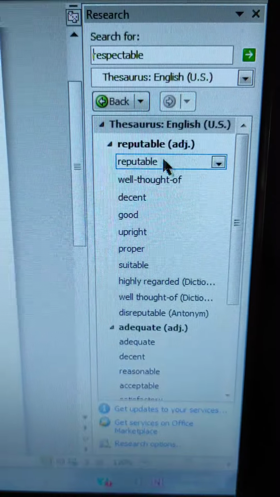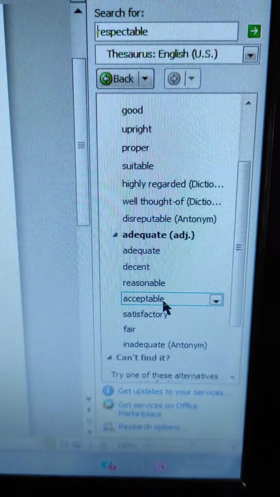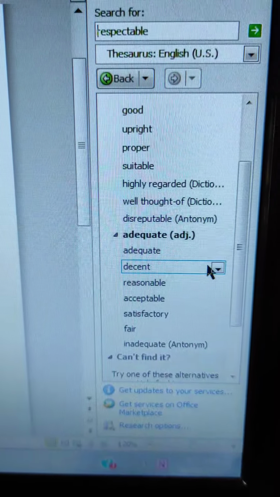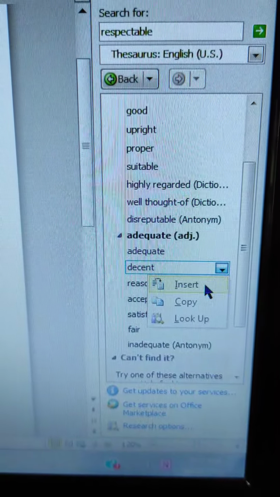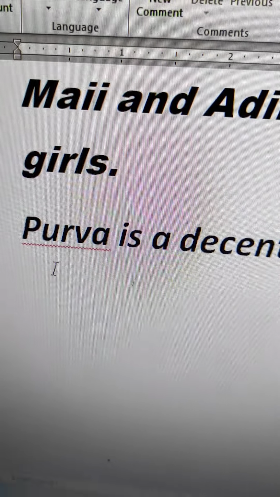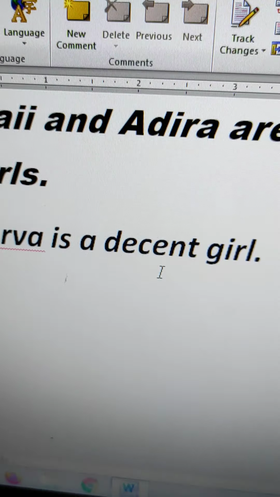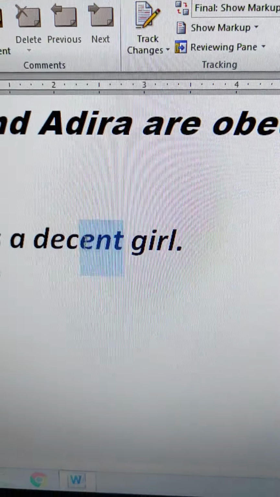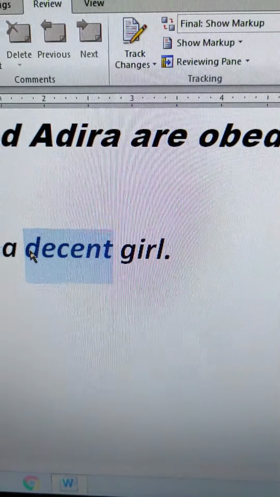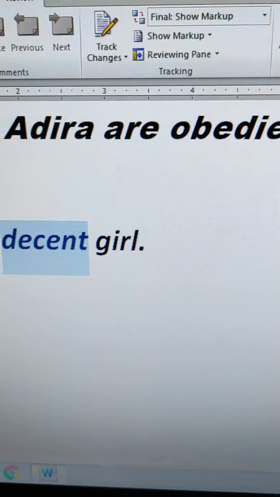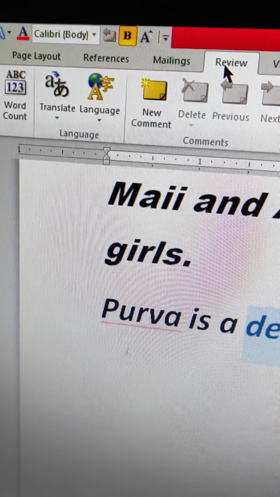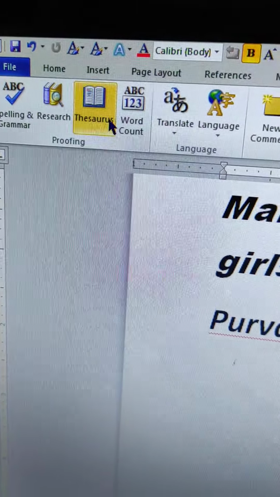Options are there. You can see decent. Okay, we will click on decent and click on Insert. Now it will come here: Purva is a decent girl. Now again we can change decent. Select the decent option, then click on the Review tab, click on the Thesaurus option.